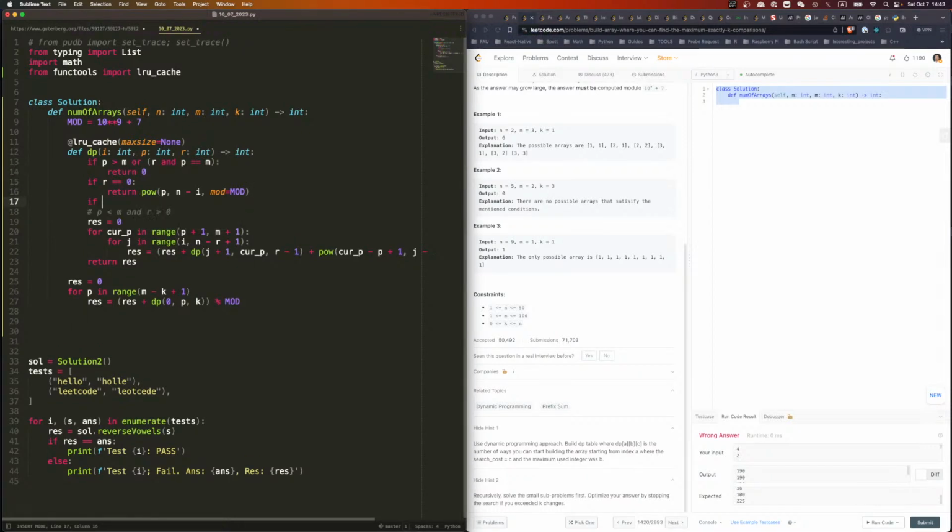I should have another one. Let's say M minus P, right? Is the total number of values still available. If that is equal to K, equal to R,